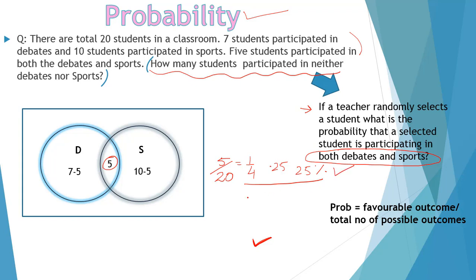So what is this formula actually doing? 5 is what percent of 20? 25%. If we divide 20 into 4 parts, then one part is equal to 5 students. Do you remember this type of question from the lecture on percentage? Can you see how the concepts are embedded in other concepts?